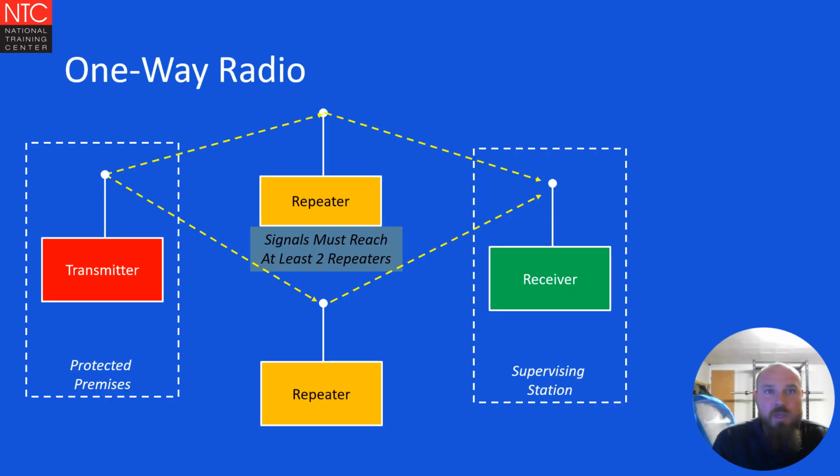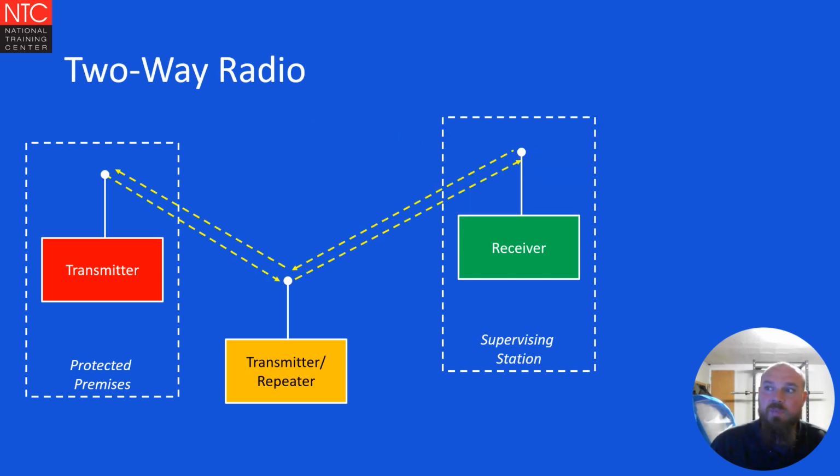One-way radio is going to be through the use of radio frequencies. And with one-way radio, it is unsupervised communication. So in order to be able to have the best signal being sent out, the transmitter from the protected premise has to be able to reach at least 2 repeaters to continue that signal on. Just in case something happens on the first signal out, the signal is still going to be reached to the